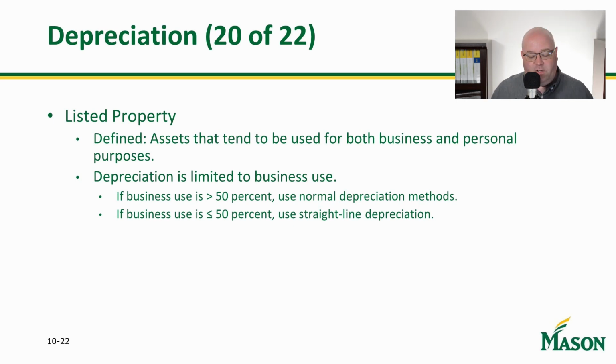Maryland and DC are a little different. So 179 used to have limits of $25,000 of expensing in 1 year. And they've retained that, and they've kept that going forward. So if you get some assets that you're going to want to do some immediate expensing on, you're going to want to start examining this.